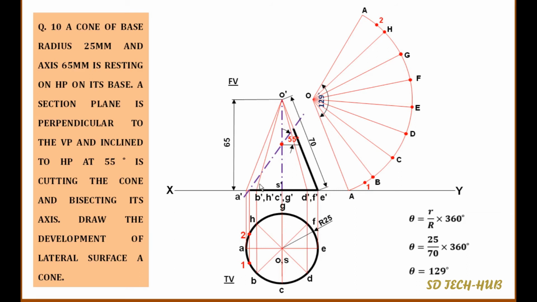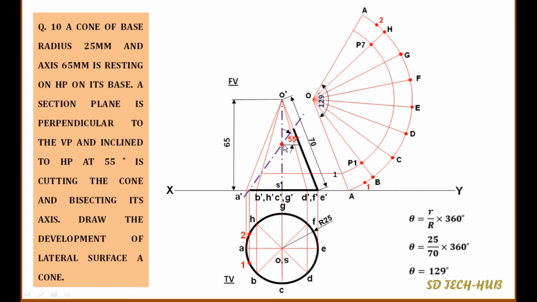Now this section plane is intersecting these OB and OH slant edges, or the generators, here. So from this point of intersection, we have to draw one horizontal line parallel to XY up to this OA. Consider this point as 1. Take a radius equal to O1 and with center O, draw an arc and find the intersection of that curve with the same generators in the development. So this will be the point of intersection with OB, that is P1, and this is the point of intersection with OH, that is P7.